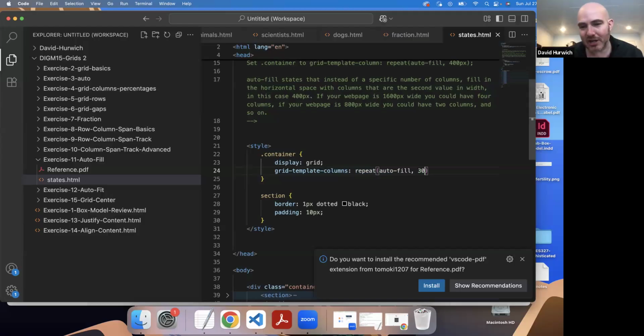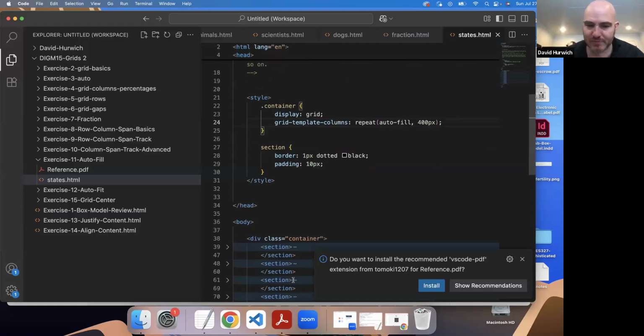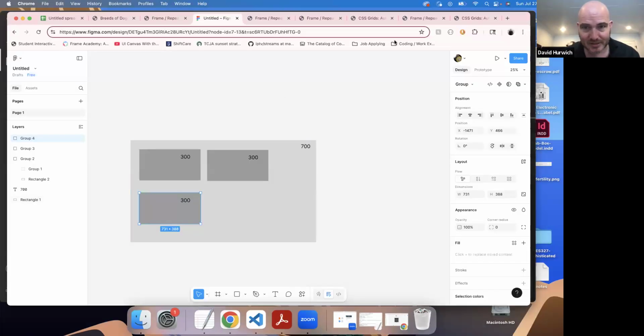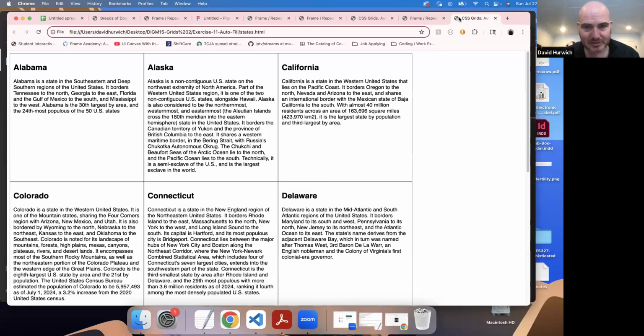So let's say, okay, I want my columns to be 300 pixels for right now, or actually I think I'll say 400 in this case. So I want each one of these children to be 400. Fill in as many columns wide as you can. And if there's not enough space, just go to the next line. So if I save and we go back,